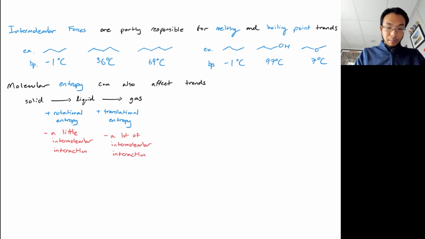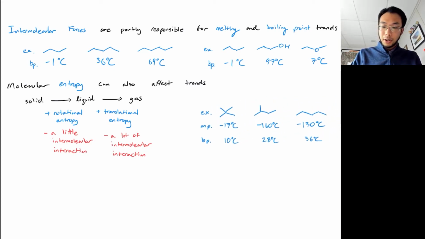But as we were mentioning before, in the gas phase we have to completely give up our intermolecular interactions. So we're sacrificing a lot of energy while gaining a lot of entropy. And so it's those kind of balancing factors that influence overall the trends in boiling points and melting points. So to give you a sense of how these two factors are interplaying with each other a little bit, here